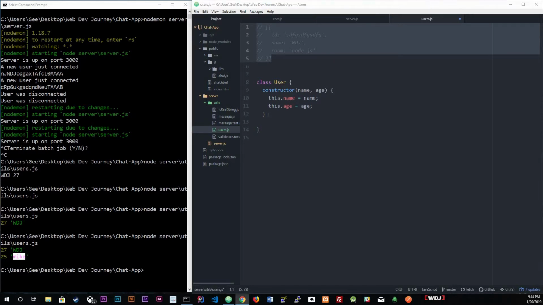So there are four methods that we're going to have to add. So after the constructor, we could actually start adding methods down here. And there are four we need to add. Add user, because we need to add user every time someone joins or logs in. We need to add that user. You know, get the ID, the name, and the room for that user. We have to remove a user, so that way when they leave that chat, back inside of here,